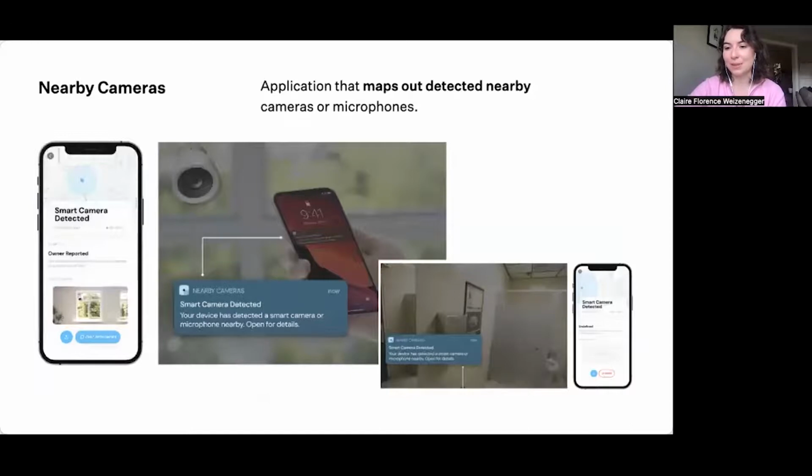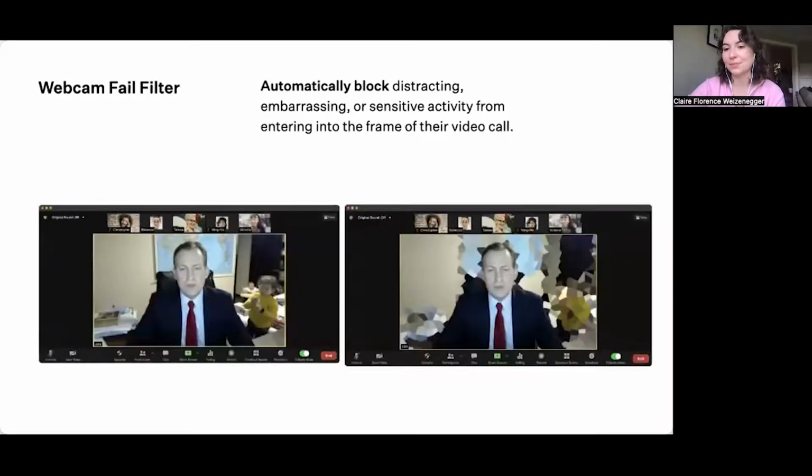Nearby camera is an application that sends a notification when a nearby camera or microphone is detected. It can be imagined as a real-time map of smart home cameras. The types of camera detected may include residential cameras, retail, or hidden cameras. Webcam failsafe filter allows a user to automatically block distracting, embarrassing, or sensitive activity from entering into the frame of